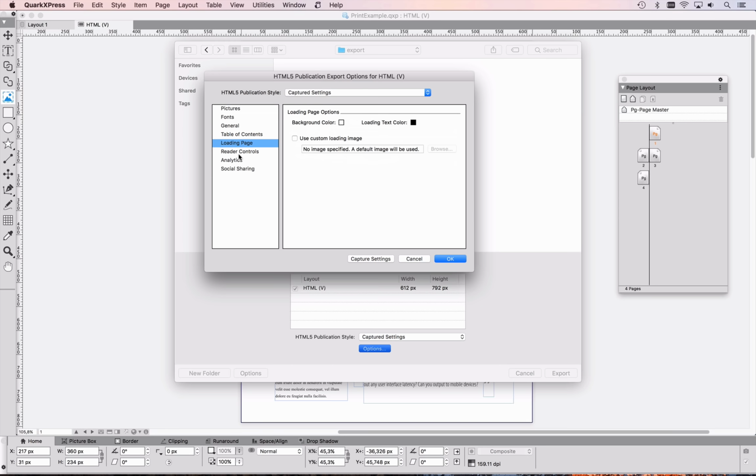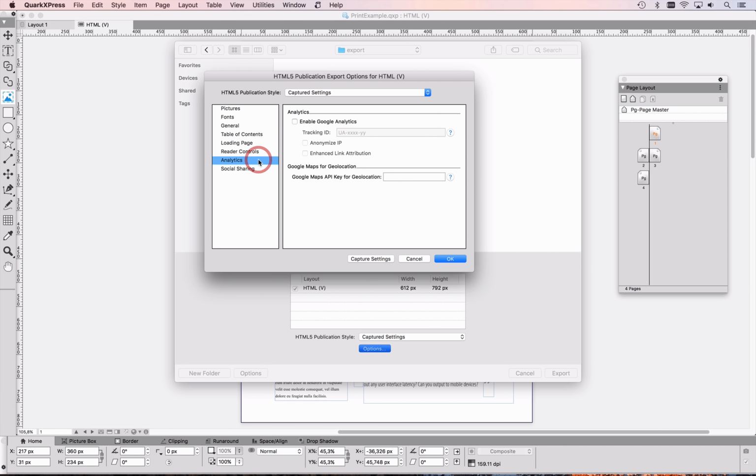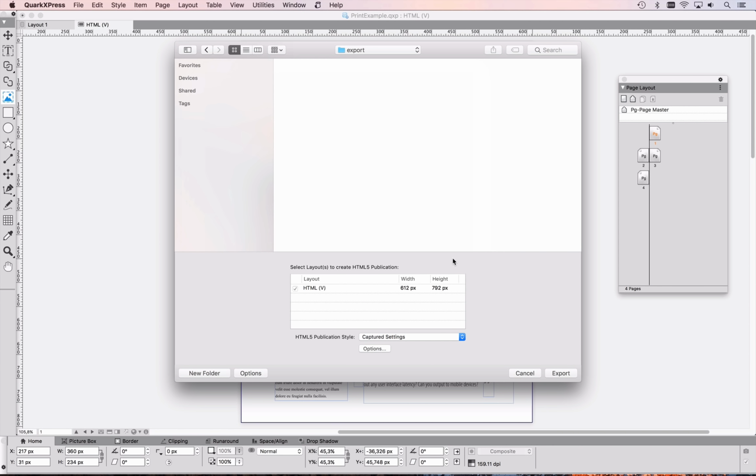Do you want a loading page? What color do you want? What custom image do you want to specify? The QuarkXPress image that always loads, you can replace that. You can control the reader. Do you want to show the scrubber bar at the bottom of the browser, where you can see pages and thumbnails, and all this kind of stuff is configurable here. You can enable Google Analytics to see what your readers are doing with it, and you can enable the social sharing buttons. I'm not going to do that here right now,